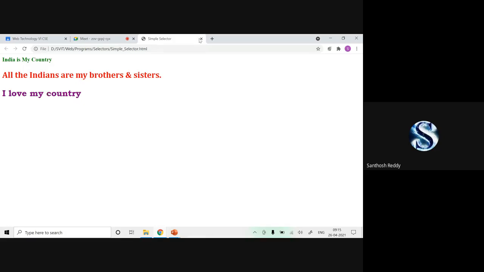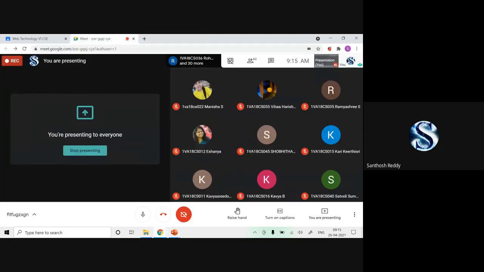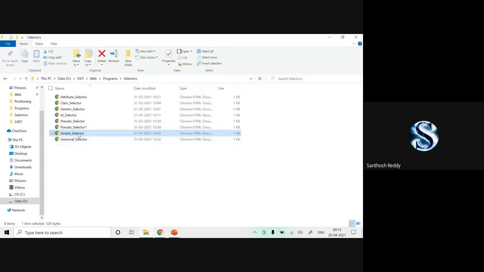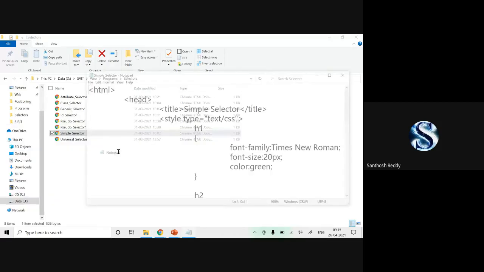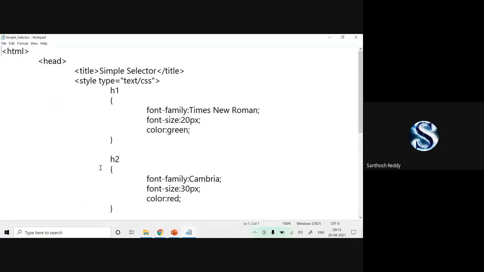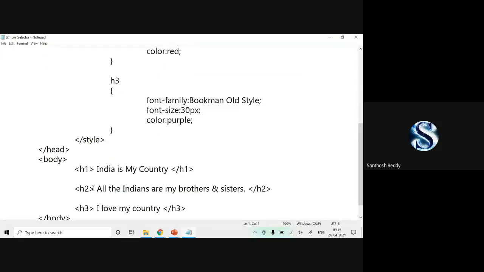Now my next question is, suppose I want to apply the H2 properties for H3 also. How should I apply? Whether I need to write once again the same properties in the H3?